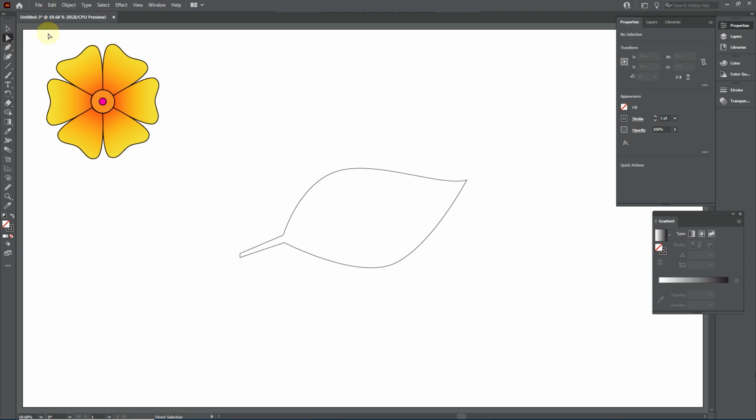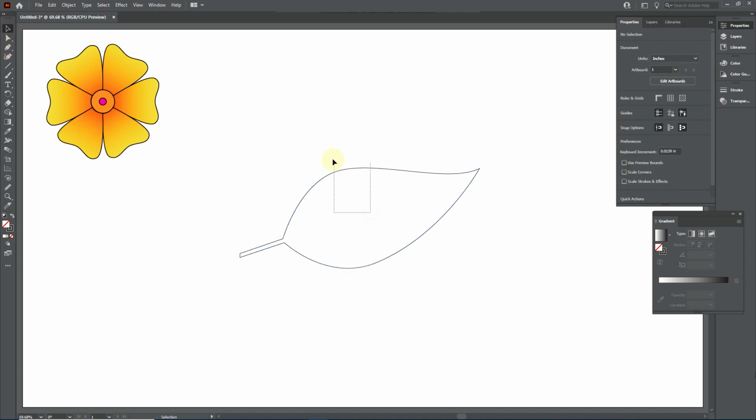Pick Direct Selection tool and move the points and handles. Now pick Pen tool and draw like this.